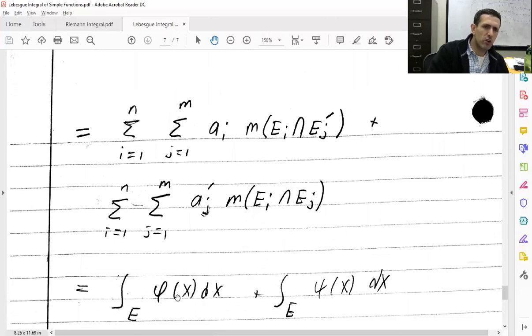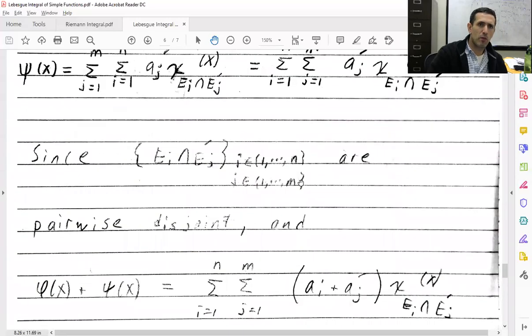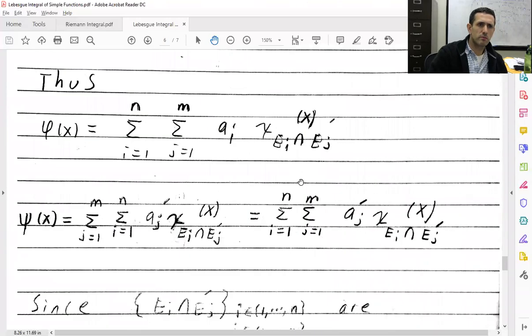This integral here is going to be this sum. This integral here is going to be this sum. And again, in general, I will have repeats because for each j, I have the same ai, and for each i I have the same aj prime. That's okay. The sets here, Ei intersect Ej prime, they are pairwise disjoint. So the previous proposition says that from these two facts,